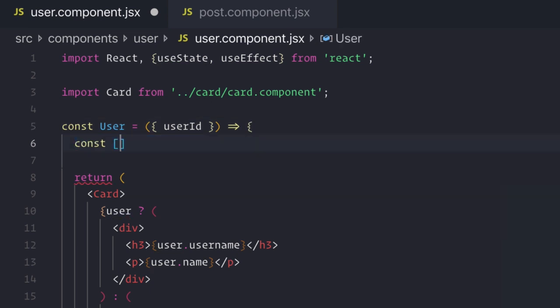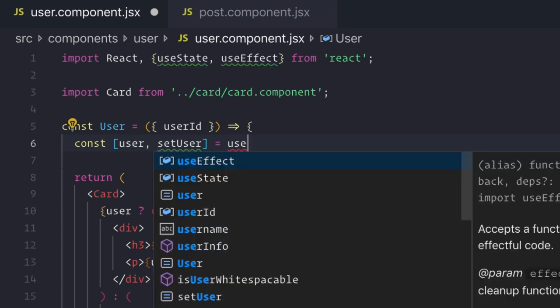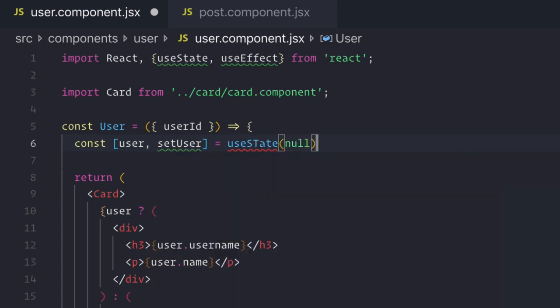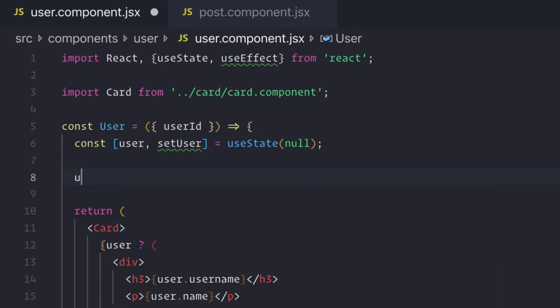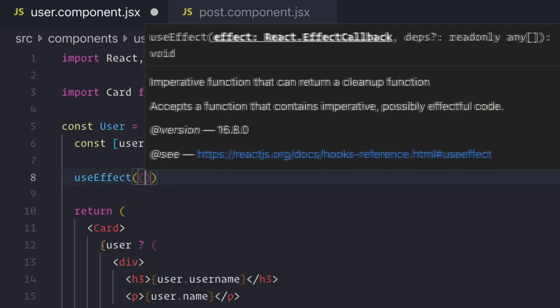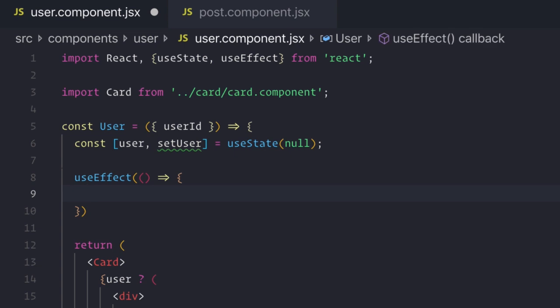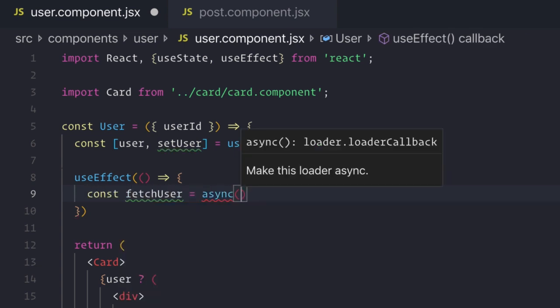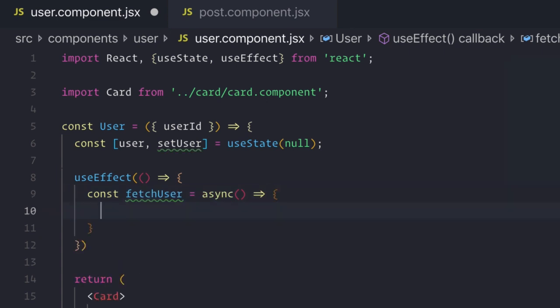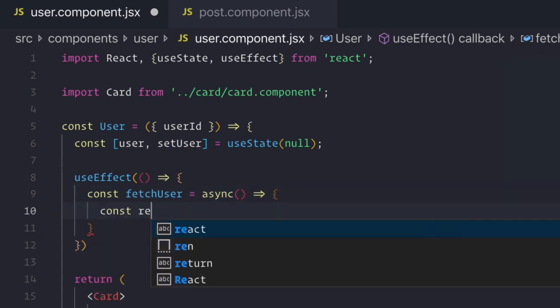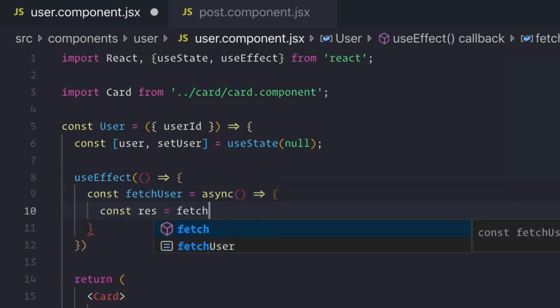And we know that we're going to get a user and set user, which equals our useState, again with a default value of null. And then we're going to call our useEffect and do something very similar. fetchUser equals an async function, where we'll get our response from our fetch,